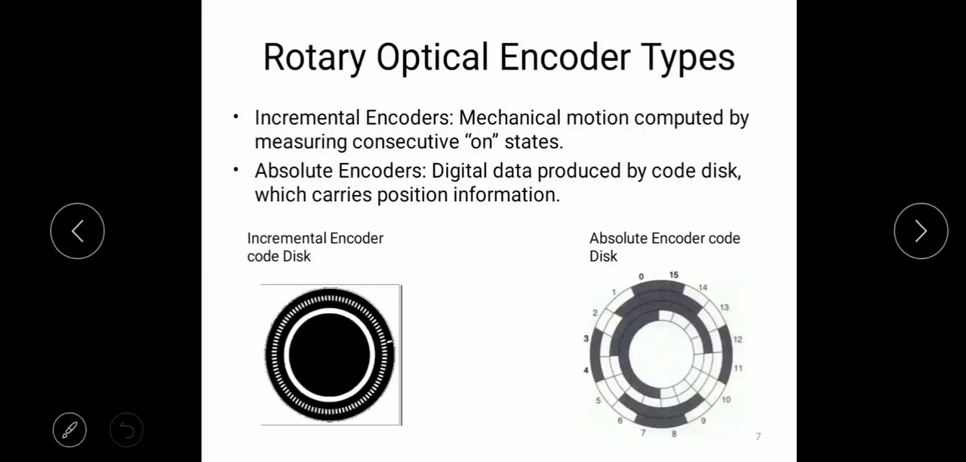Incremental encoders: mechanical motion is computed by measuring consecutive on states. So it is an incremental encoder. As I have already said, we can measure